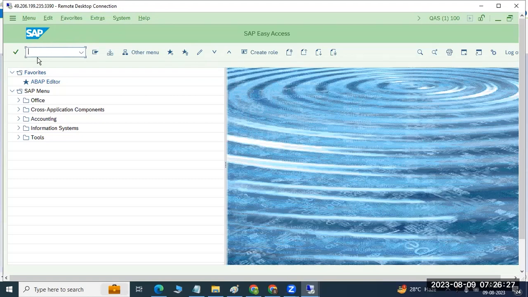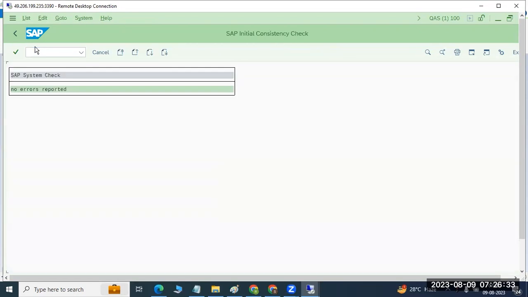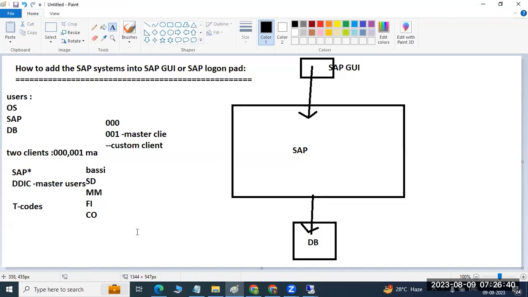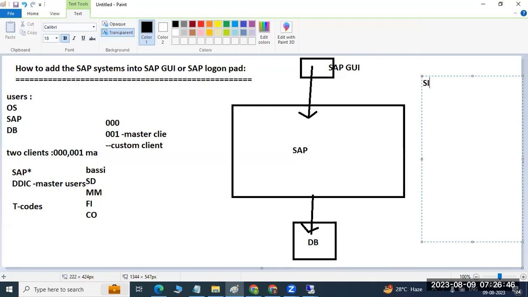Here, you need to enter the transaction code, suppose like SICK. If I enter it, then you will get the output screen here. So the first transaction code, as soon as you log into the system, that we have to use is SICK. This is the transaction code SICK. This kind of SAP